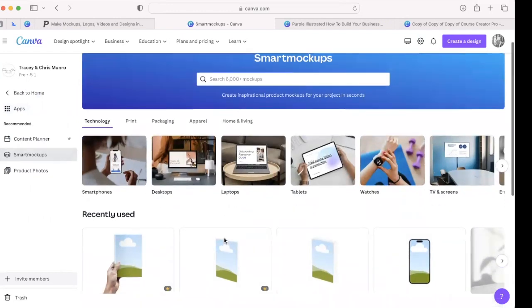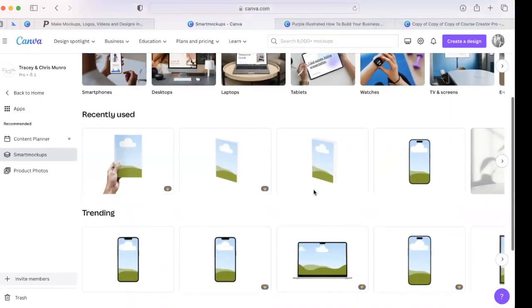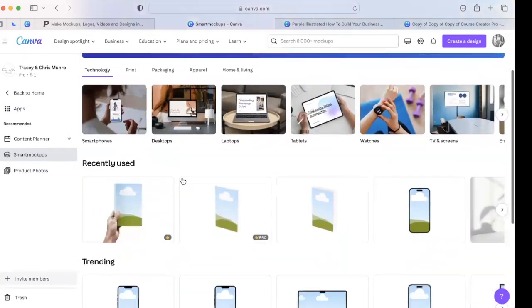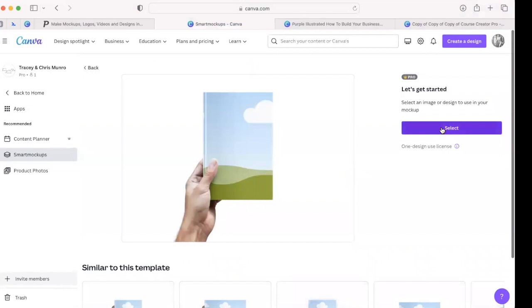So these are all the mock-ups that Canva does, and there is 8,000. There's quite a lot, but you can see you've got desktops, laptops, tablets. You've got your books, absolutely everything. So I'll just show you how to create one really simply. So we'll just pick this book. I'll just get a cover for you, and all you need to do is just click select,